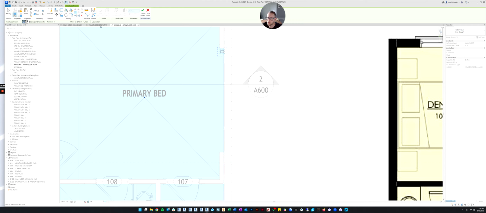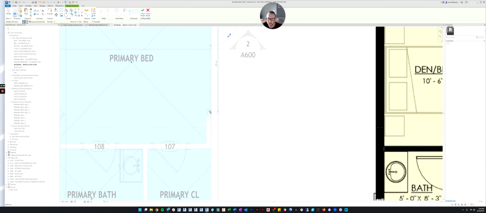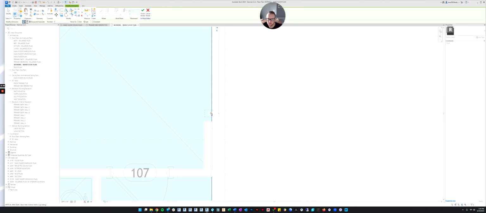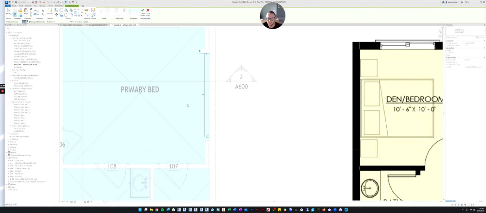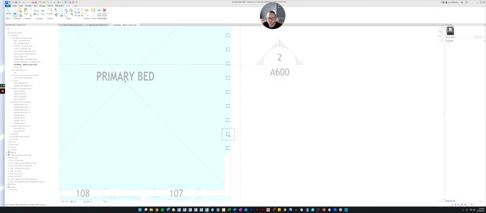Before you click anything though, we're going to copy this item over to this side. And before we do that, we have to tell it, when we click to make a copy, do we want it to be the second in the array or the last in the array? So let's put last, and let's find the middle of this, and let's click over here, just estimate. And then it asks us how many do we want to make, and let's do 10 and click enter. So now it made 10.